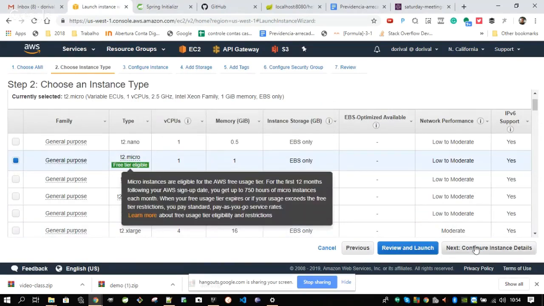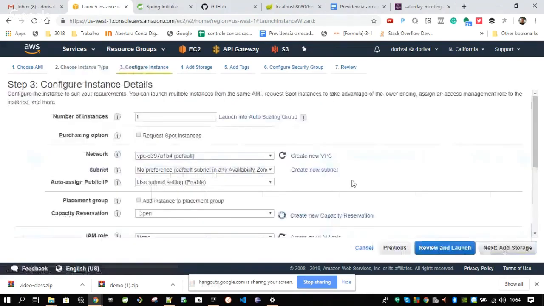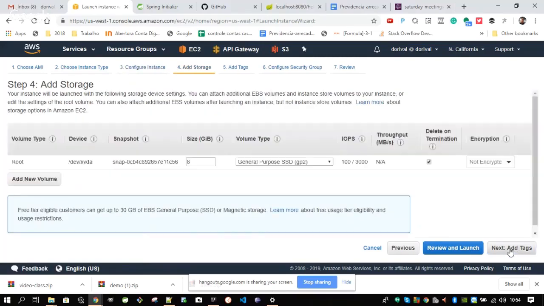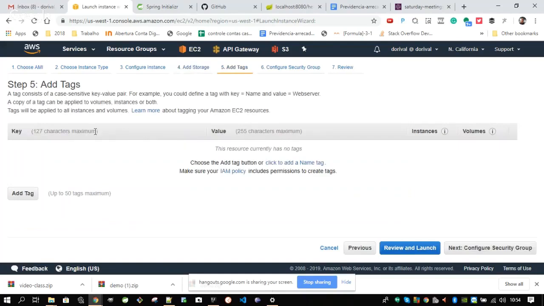You'll use this T2 micro that is selected. And about the network and VPC, you are using the default one. And the storage, we will not change the storage. And for this test, you don't need to add